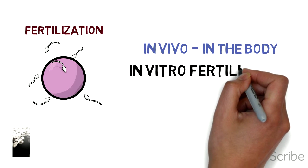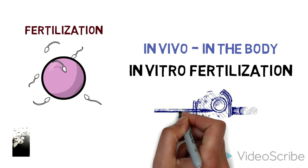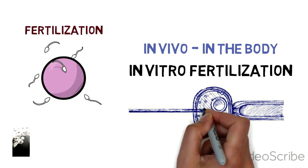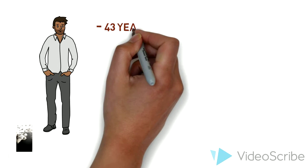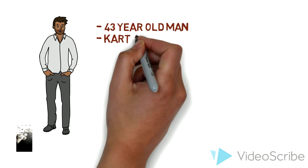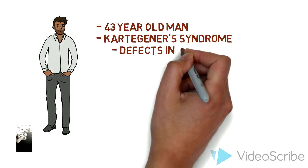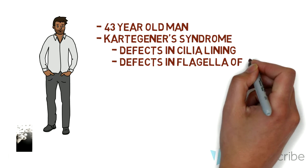In vitro fertilization, or IVF, is an example of an assisted reproductive technique, ART, in which an egg is inseminated in a laboratory and then transferred to the mother's womb. Let's look at the case study of a 43-year-old man named Robert with Cartagener syndrome. Cartagener syndrome falls into a group of disorders called ciliary dyskinesias. These disorders are characterized by defects in the movement of cilia lining the respiratory tract and the flagella of sperm